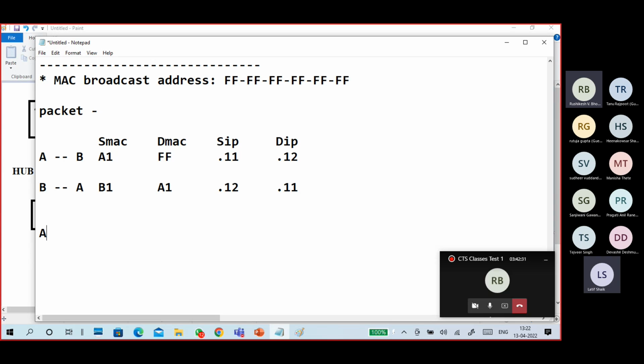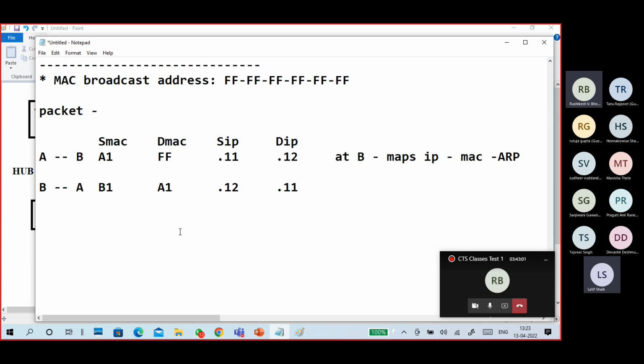At the destination, what happened here? At B, I'm writing here. At B, what happened? It maps IP to MAC address by the protocol ARP.